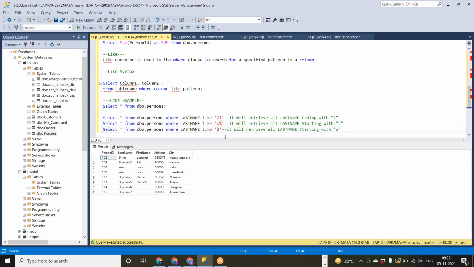I'm clear that I want to get the data with LA, and it may be in any position. So let's see. You can see, right? I have LA in the middle.